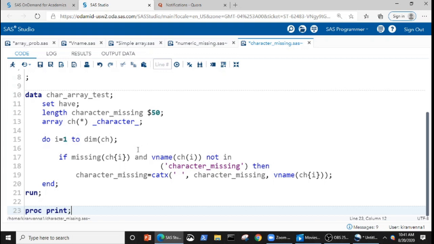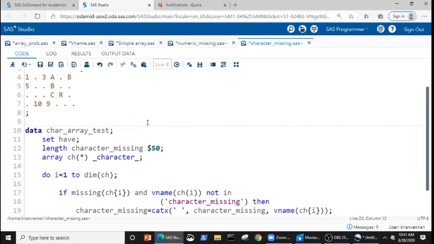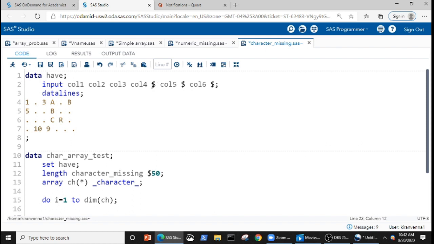For this AND, what we are saying is we do not want to add the variable name when it is character_missing. Now we have to understand, when we say _character_, we are going to access these three character variables.